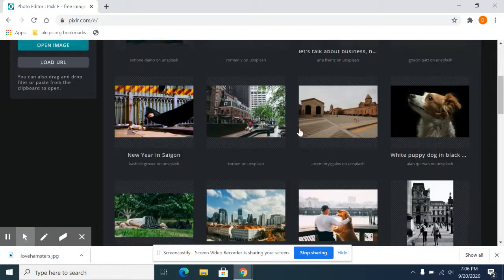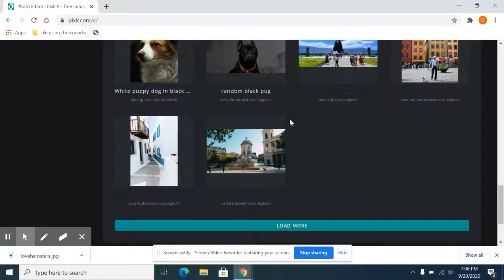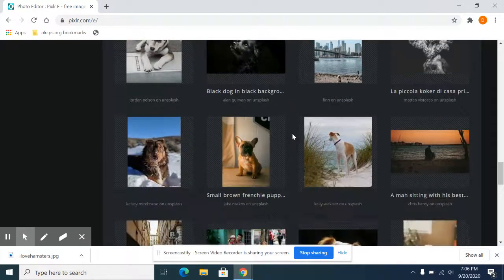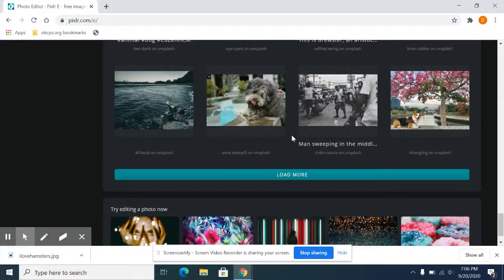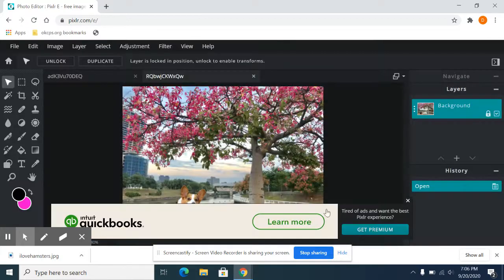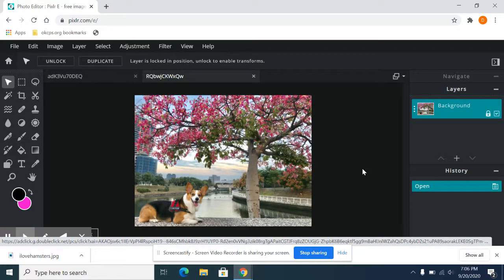So I'm going to find an image of a dog that I want to put emphasis on. And so many cute dogs. I like this one, but I'm going to choose this because it will really show you what happens. So once again, I'm going to choose web. We don't want any large files. All right. So I have this image here, and you can see there's this colorful tree, and then there's this